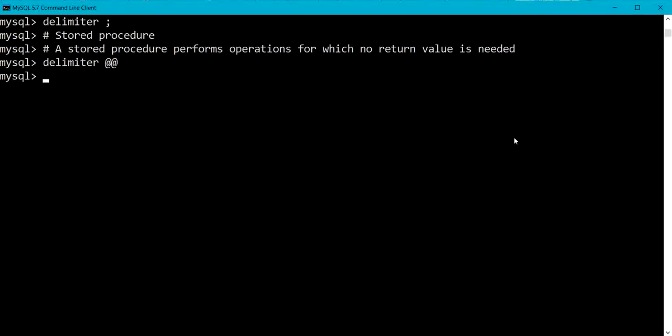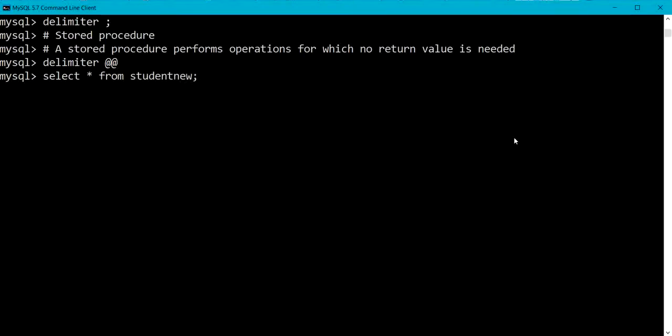So we know that a stored procedure has a name, a parameter list and one or more SQL statements. So here I am going to write a procedure to update status of students as per marks of the students. So let me show you the table student.